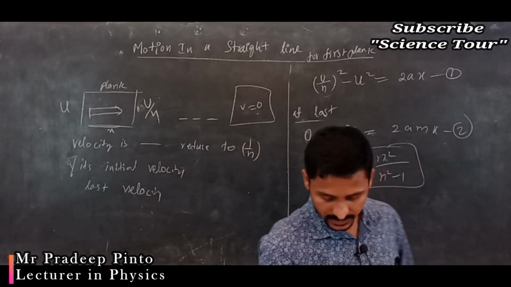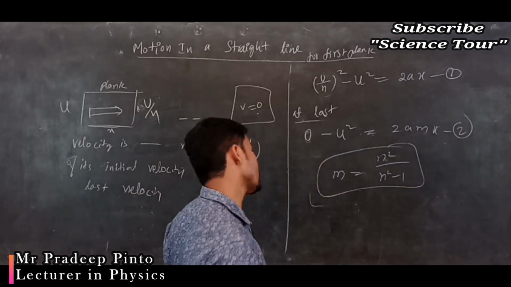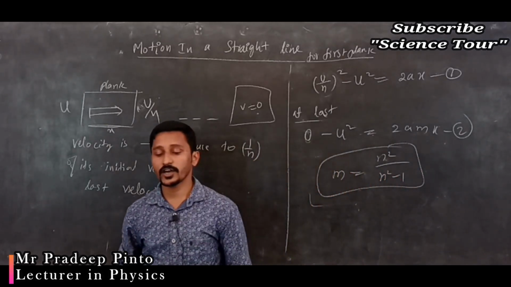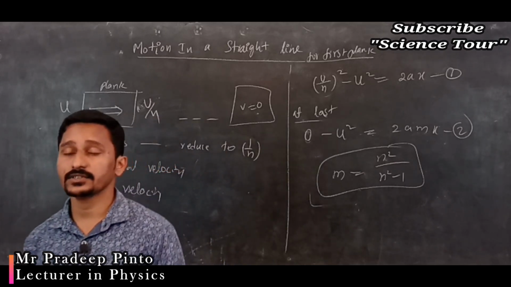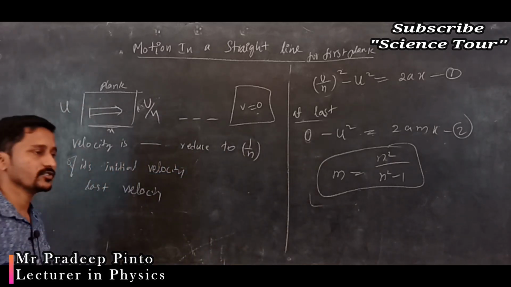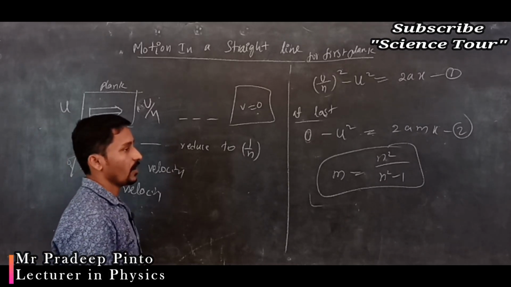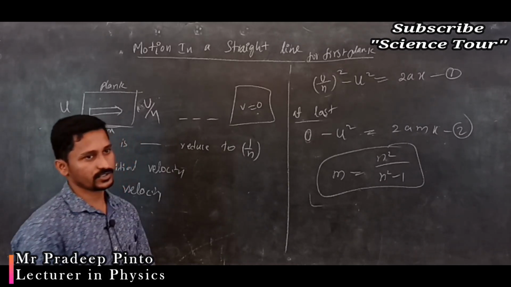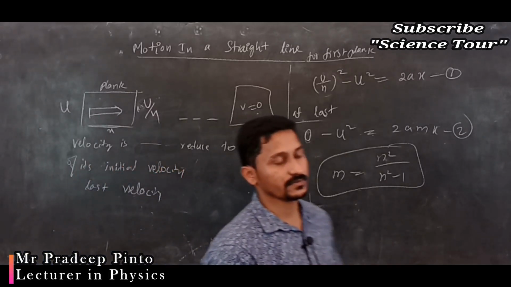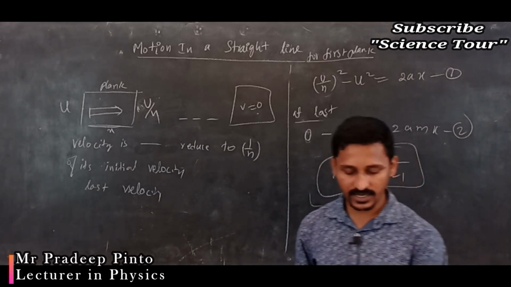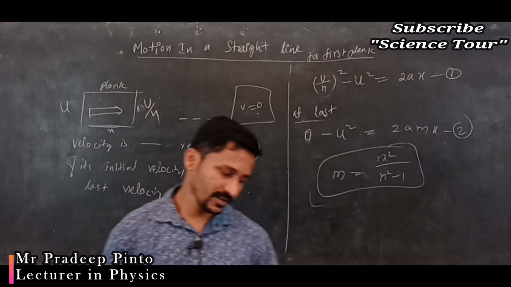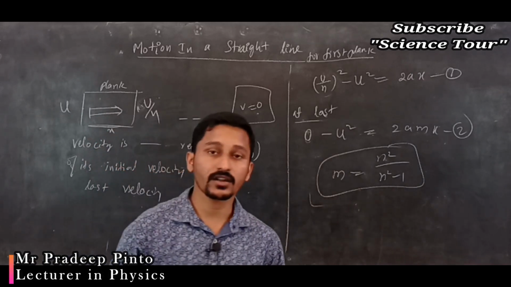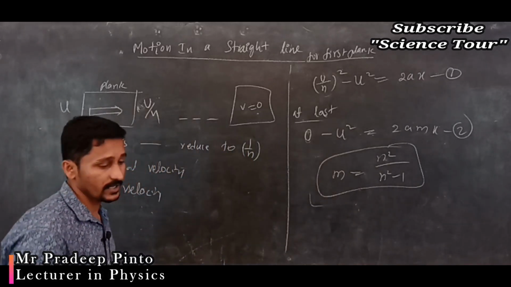N square divided by n square minus 1, n square divided by 2n minus 1. Remember, n square by 2n minus 1 means nth of its initial velocity reduces after each plank. Here it is 1 by n of its initial velocity. See that one word of difference is there. That's why the formula and answer also come different. That you should know. This is the number of planks required to stop that bullet.